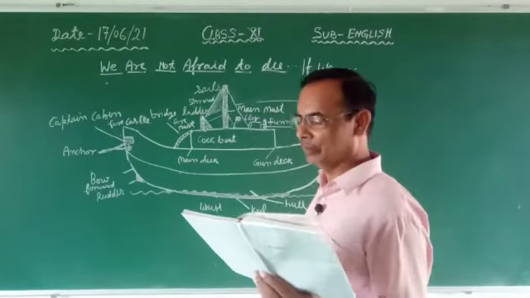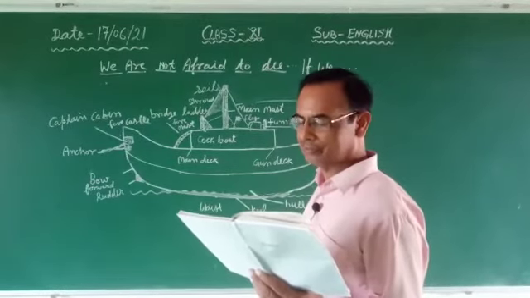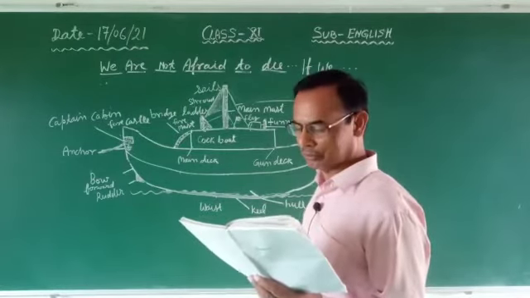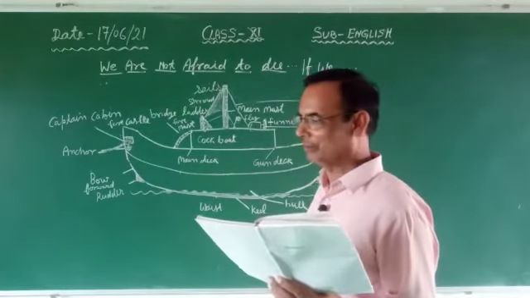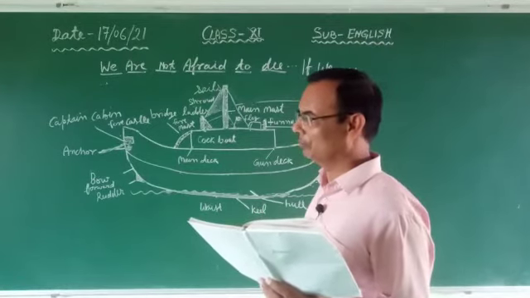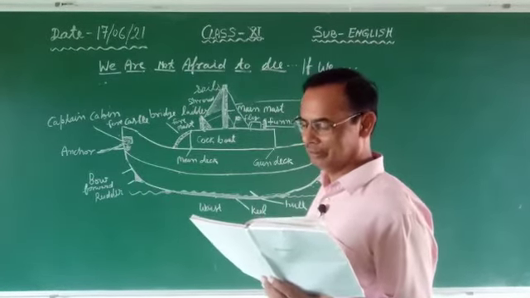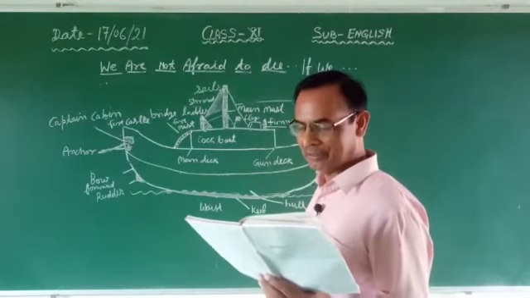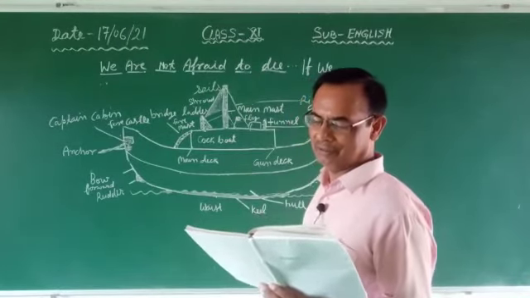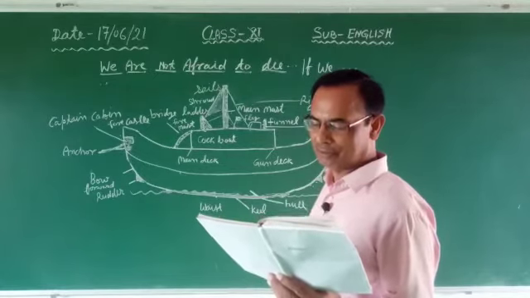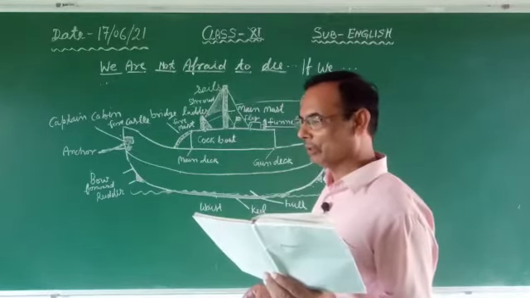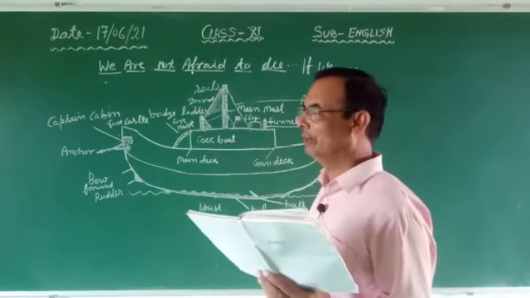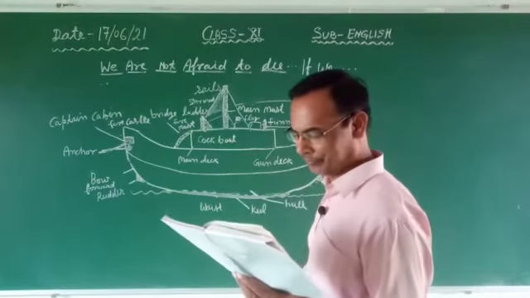Donned is the second form of wear. Donned oilskins. They wore waterproof cloth and life jacket. Two things they wore. What did they wear? They wore the life jackets and they wore the oilskins, meaning the clothes to protect themselves from water, and waited for some time.